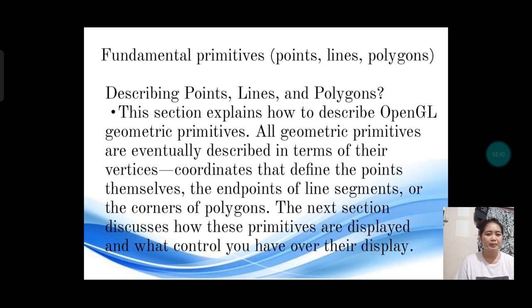All geometric primitives are eventually described in terms of their vertices, coordinates that define the points themselves, the endpoints of line segments, or the corners of polygons. The next section discusses how these primitives are displayed and what control you have over the display. So here are some examples for each fundamental primitive.